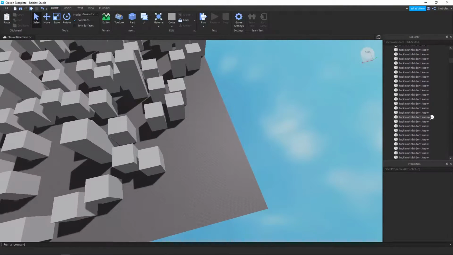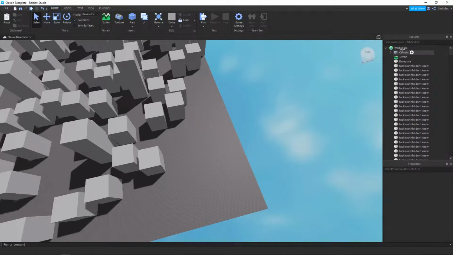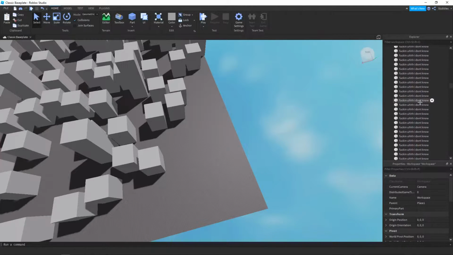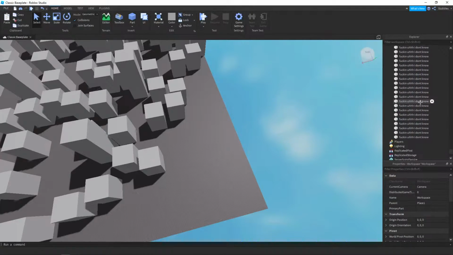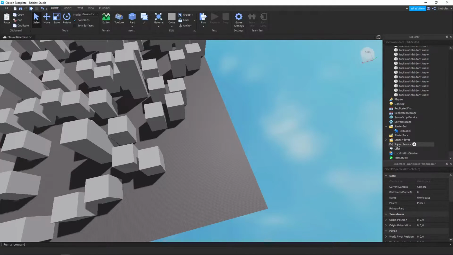Alright, there's two methods to make your game first person mode. The first one is by going over to starter player and simply changing camera mode from classic to lock first person. But after doing that, make sure camera max zoom distance is at 0.5 or else